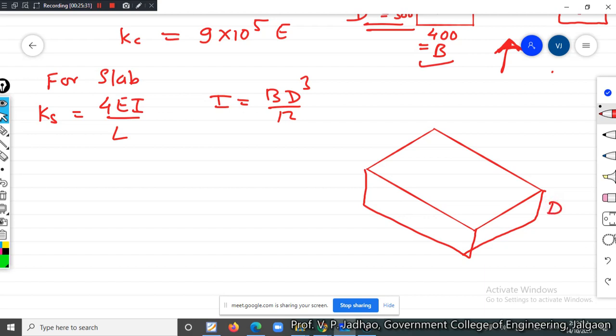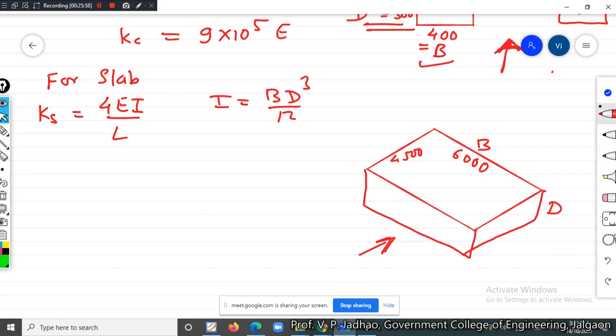This is the depth of your slab. This is your longer span, that is 6000 mm, and this is the shorter span, that is 4500 mm. Now we want to calculate the effective depth, stiffness along the shorter span, meaning along this direction. So we will get the width equal to B. This will become B, and this 4500 will become